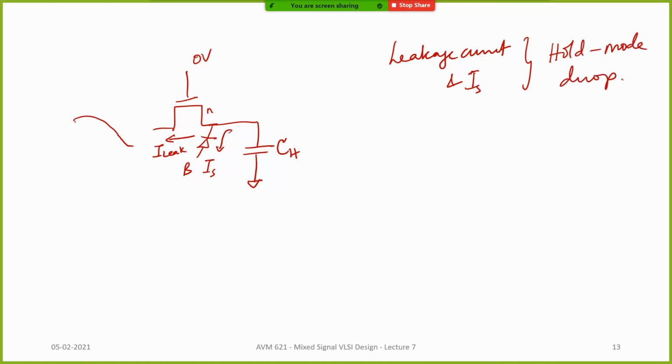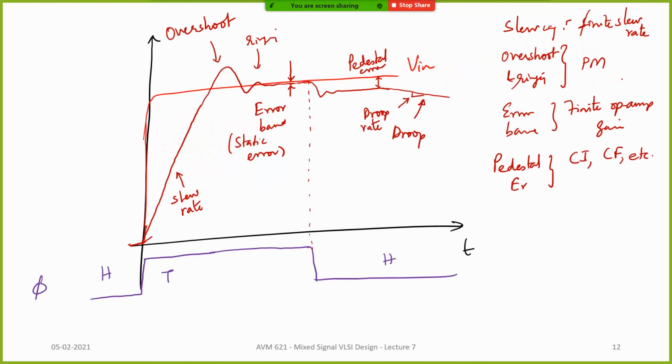Okay. So which is why, especially for IC based data converters, you don't want to sample at very low rates. Even if the bandwidth of the signal is very small, you still like to sample it at a little higher rate so that you don't encounter this drooping in the hold mode. Okay. So you will see that all these different issues happen when you have a sample and hold, and all the circuit techniques that we have been looking at, you use it to minimize these things.